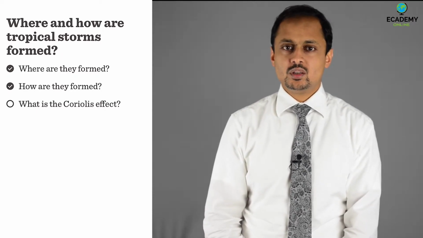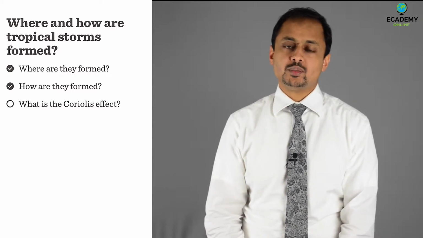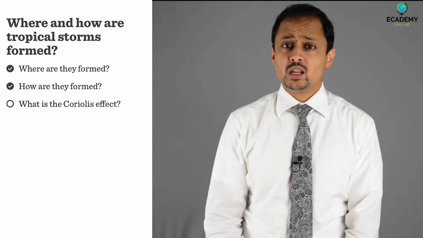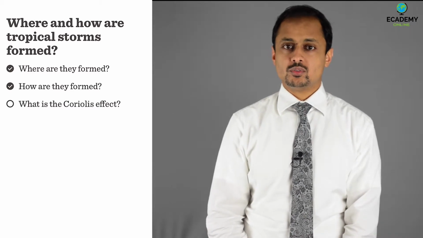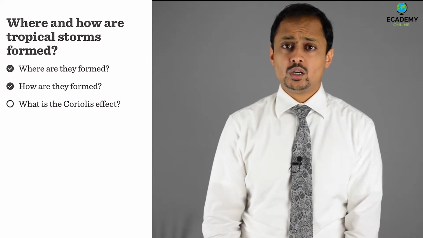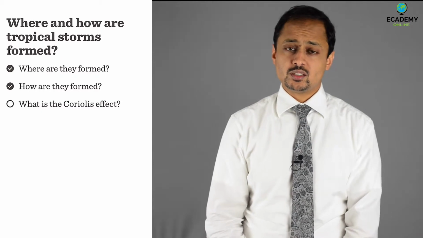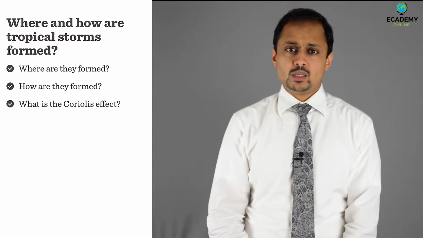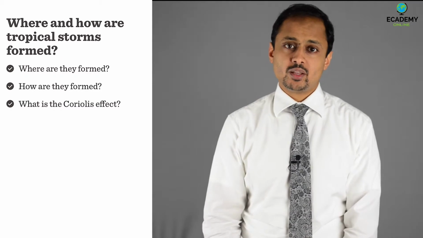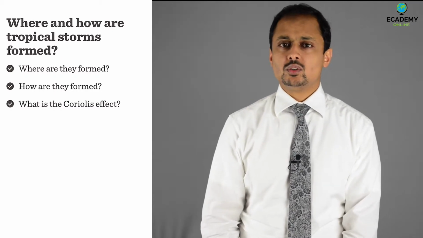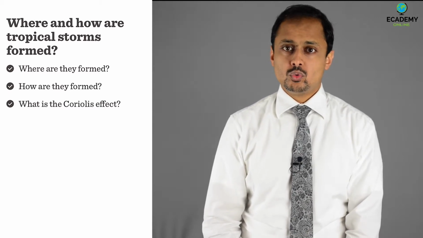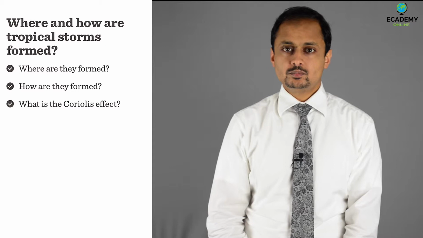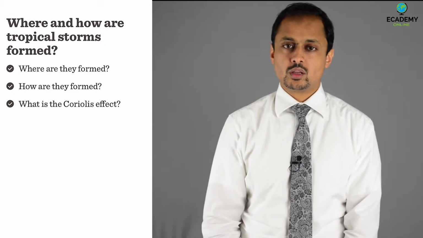All pressure systems, including hurricanes, rotate counterclockwise in the northern hemisphere. And here's why. When an area of low atmospheric pressure forms, winds begin to flow towards the center of it near the surface. All the while, the Earth is rotating under the atmosphere. In the northern hemisphere, Earth's spin causes an apparent deflection of wind to the right. This is known as the Coriolis effect, forcing a counterclockwise rotation for all storms in the northern hemisphere. Storms south of the equator rotate clockwise.